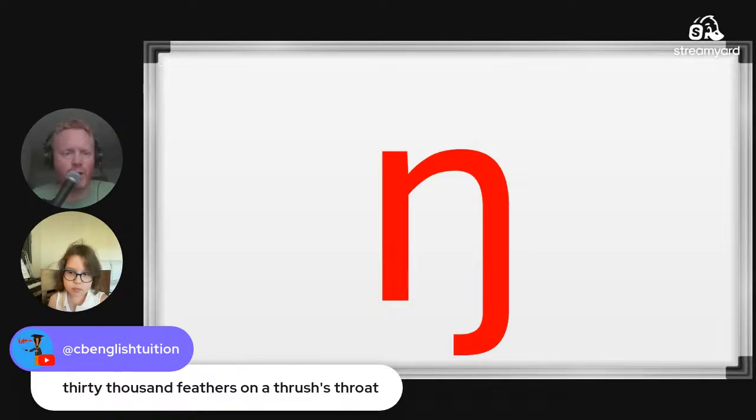Let's do another one. This is another weird one. What is this sound? It looks like an N which has had an accident. If an N had an accident, what would it sound like? It's kind of "ng". It looks a little bit like an N which has had a baby with a G and it's become "ng". Can you say "ng"? Yeah.